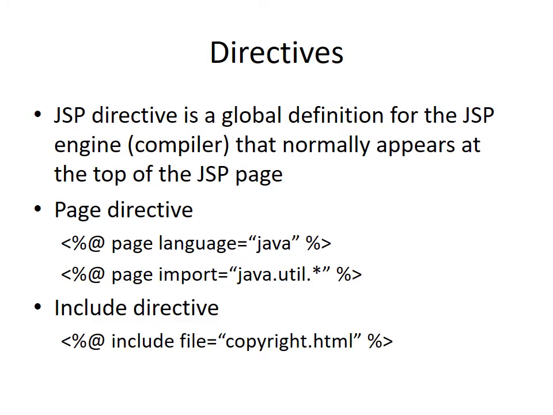Now JSP directive tags, there are actually 3 directive tags. Which are those? The page directive tag, the include directive tag, and one more, the taglib directive tag. The JSP directive tag usually appears at the top of the JSP page, and we have many attributes for the page directive tag. There are around 10 attributes, and they affect the total code of your JSP page. So we will see in detail this page directive tag with all its attributes later in the next class.